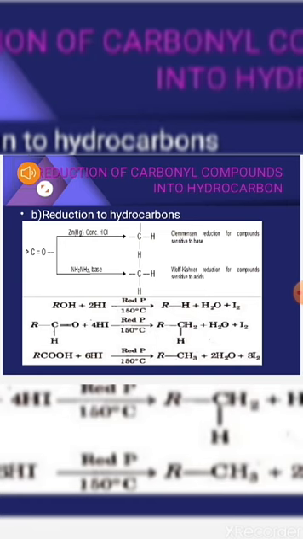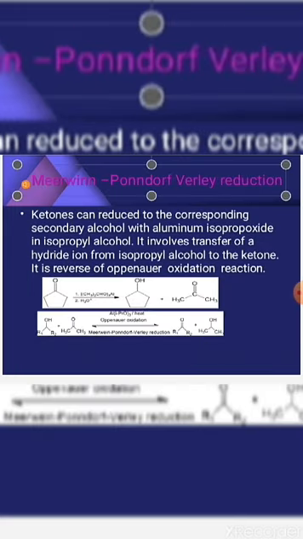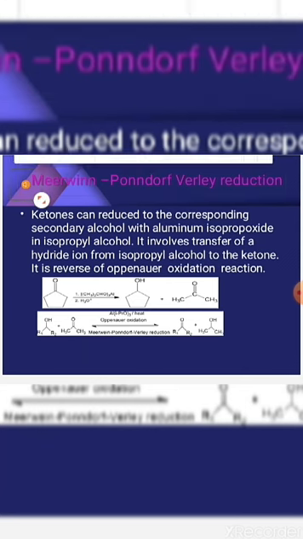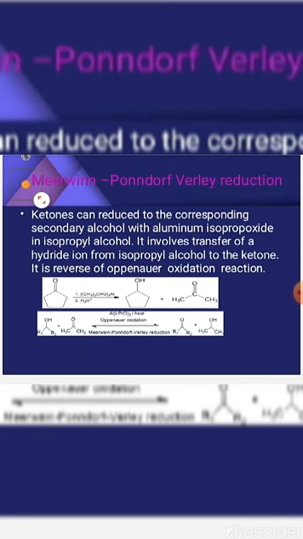Third reduction up to alkane is reduction in presence of red phosphorus and hydrogen iodide. Here also alkanes are formed. This is the strongest reducing agent, and it can even reduce carboxylic acid as well. Even if there are multiple functional groups in a compound, then hydrogen iodide and red phosphorus reduce up to alcohol and then up to alkane. It is one of the important reduction reactions of ketones, only of ketones.